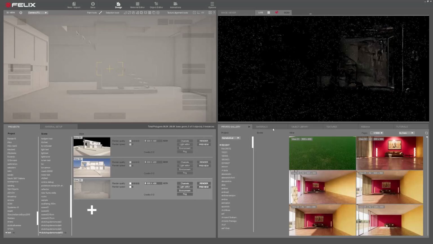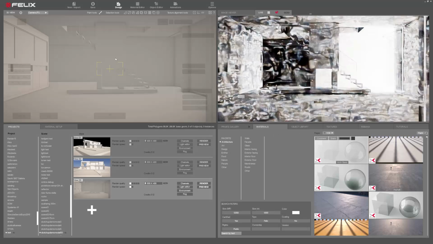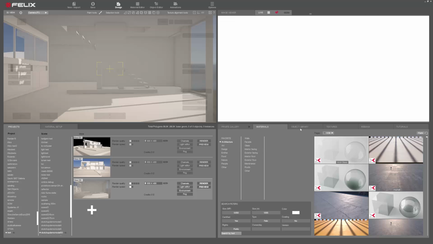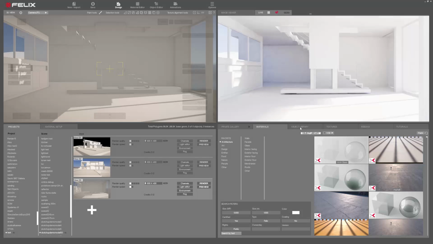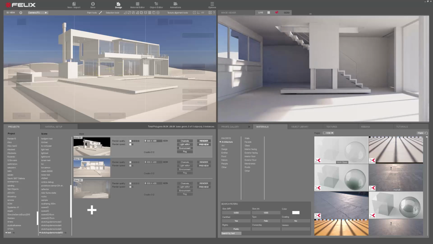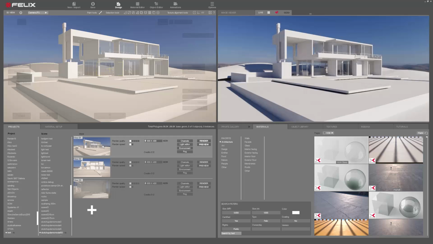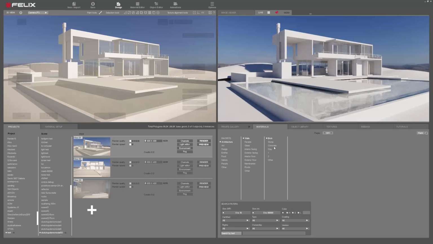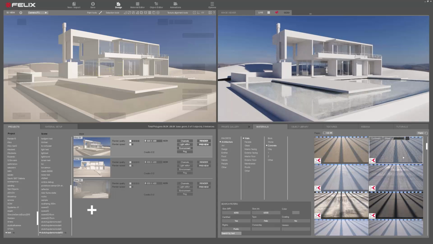The space is dark because the glazing is still solid, but now we are going to add the glass, and light floods in, and auto exposure is automatically compensating the exposure variation. Now we start to add some materials to the file. So we start with the water of the pool, then we go with the concrete